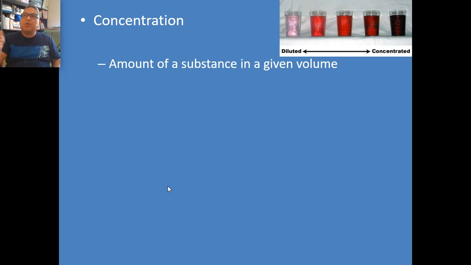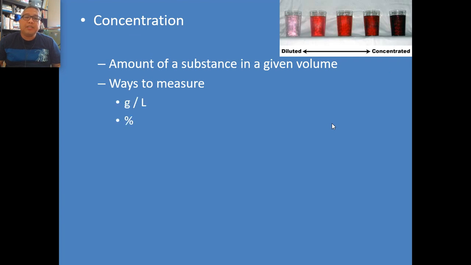Obviously, the more sugar you add to that 1 cup of water, the more concentrated it is. You've prepared Kool-Aid before, or powdered Gatorade, and this is just an example here, right? Diluted means you have less solute, or the substance you are dissolving is lesser, and then as you increase the amount of solute, it becomes more concentrated, like this picture here.